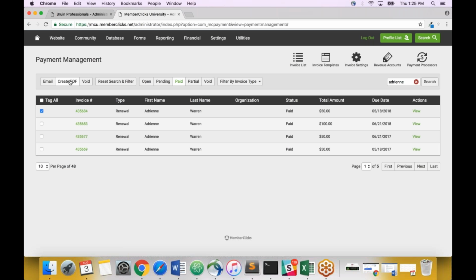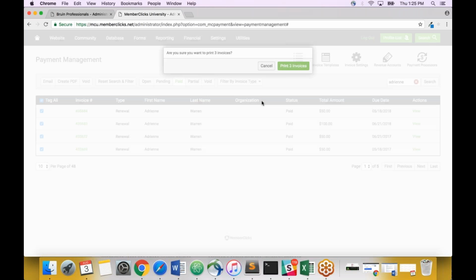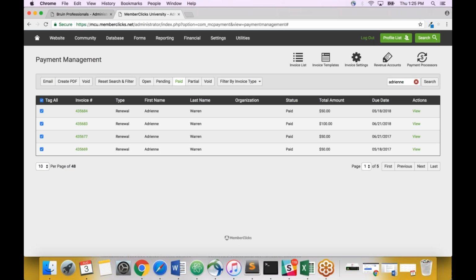You're also able to create PDFs, so we could tag all of these technically, and we could create a PDF. So it says print 3 invoices. It's really creating a PDF of these. That's not going to automatically download to your computer, so we'll actually have to go to our reporting tab and